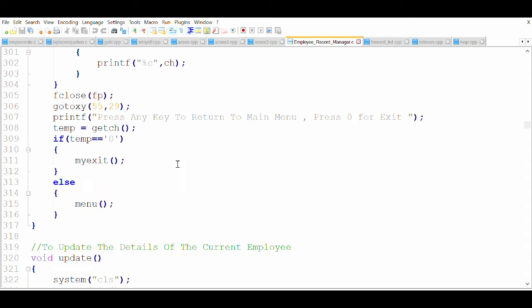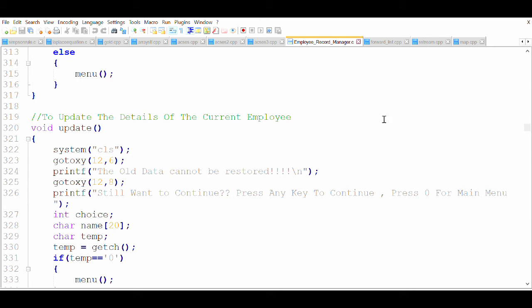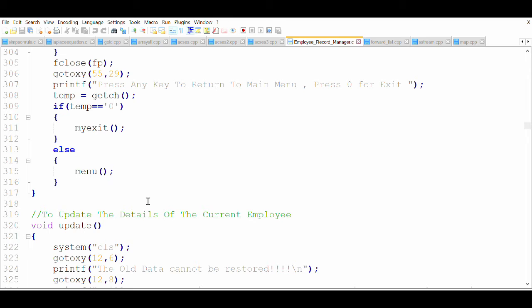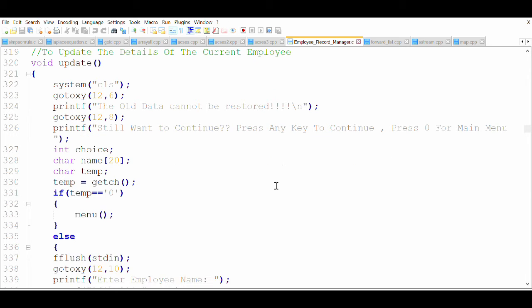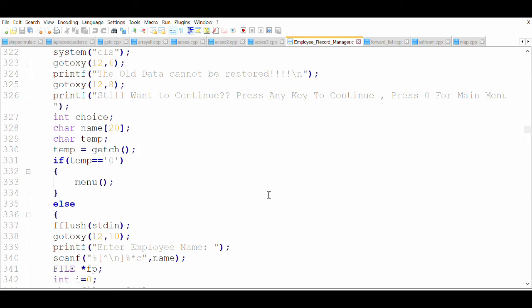Then again, I am saying if you want to continue or go for exit, whatever you want to do. So now these are the two straightforward things which I don't think you would have thought about. But the thing you would have thought about is the update function. Maybe, just maybe, because when I was writing the code I was not sure how I am going to do that. I was just having a rough idea about it, so I decided to do that. And yeah, it was time consuming, but it was not difficult at all.